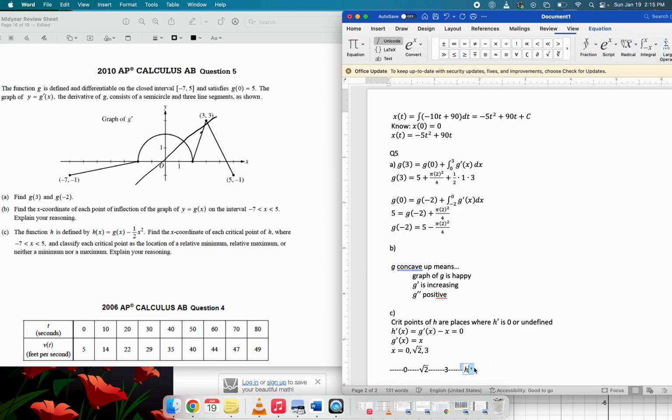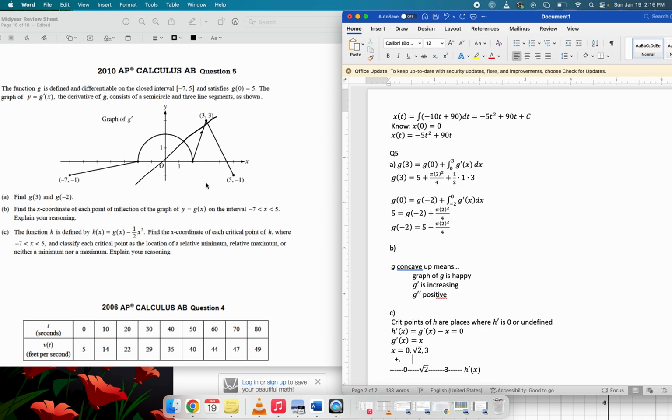So I got these 3 regions to analyze. Again, this is a sign analysis for h prime of x. In this first region, to the left of 0, I could use a test point like -1, but it's actually very easy to tell what the sign is. H prime is just g prime minus x. G prime is this graph here, and x is the diagonal line. So is g prime of x minus x positive or negative at -1? Well, at -1, g prime is above x. The graph of g prime is above the diagonal line, so that difference has to be positive. So plus, and then between